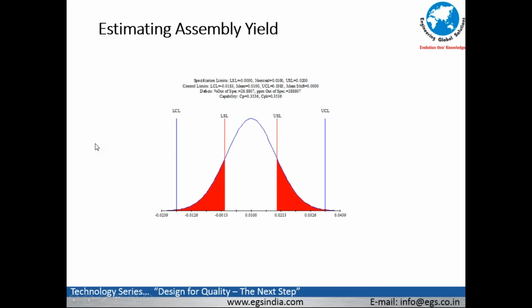Now, once you have put this in place and you have done the simulation of the tolerances, you are able to get the assembly yield in terms of what are the control limits and what are the specification limits and how much yield is going to come out of the manufacturing line. The more red it is, the less profitable the organization, in terms of poor manufacturing yields.